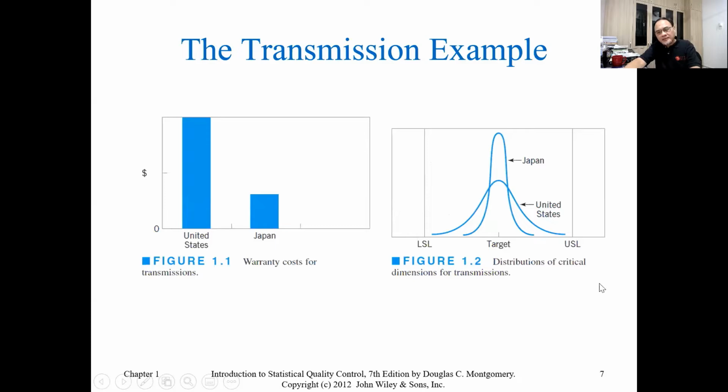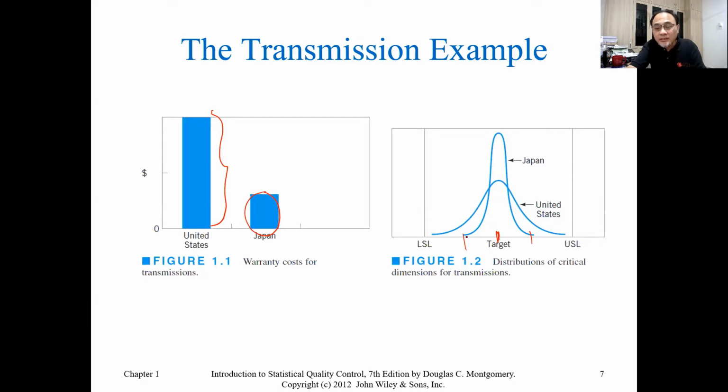This can be illustrated by a very classical example in which a comparison was made between the transmissions of automobiles from manufacturers in the United States and manufacturers in Japan. The warranty costs, and you can see here, were about 1/3 of the US. It's an old study, however, because it illustrates that this is the target value, some target value of a certain physical dimension, and